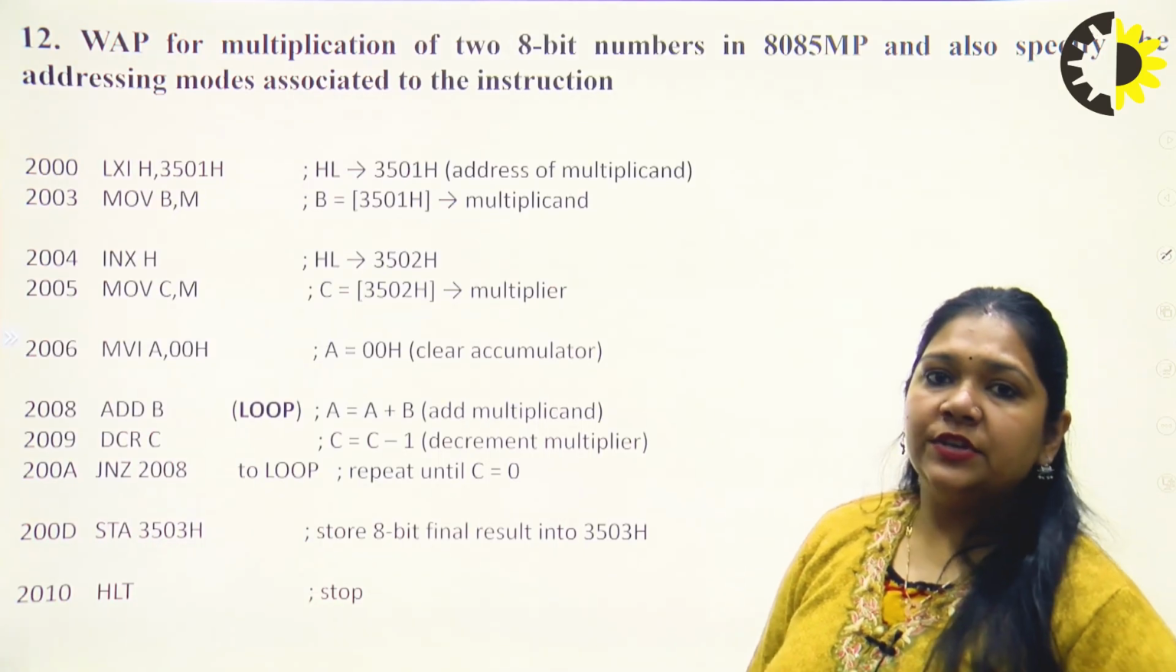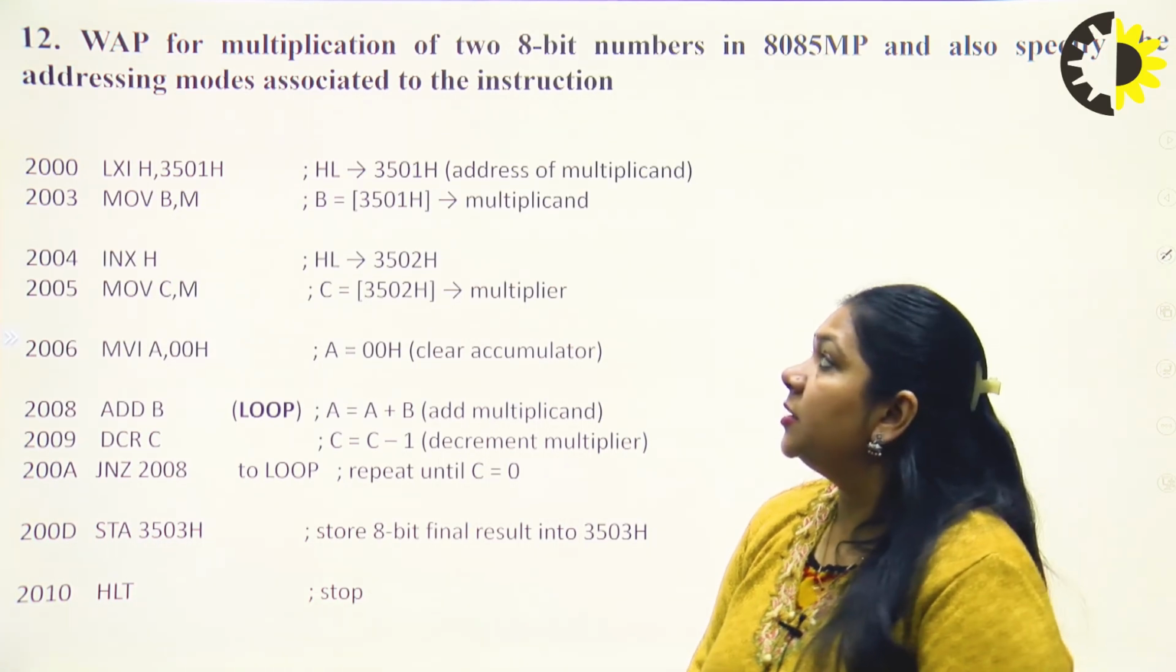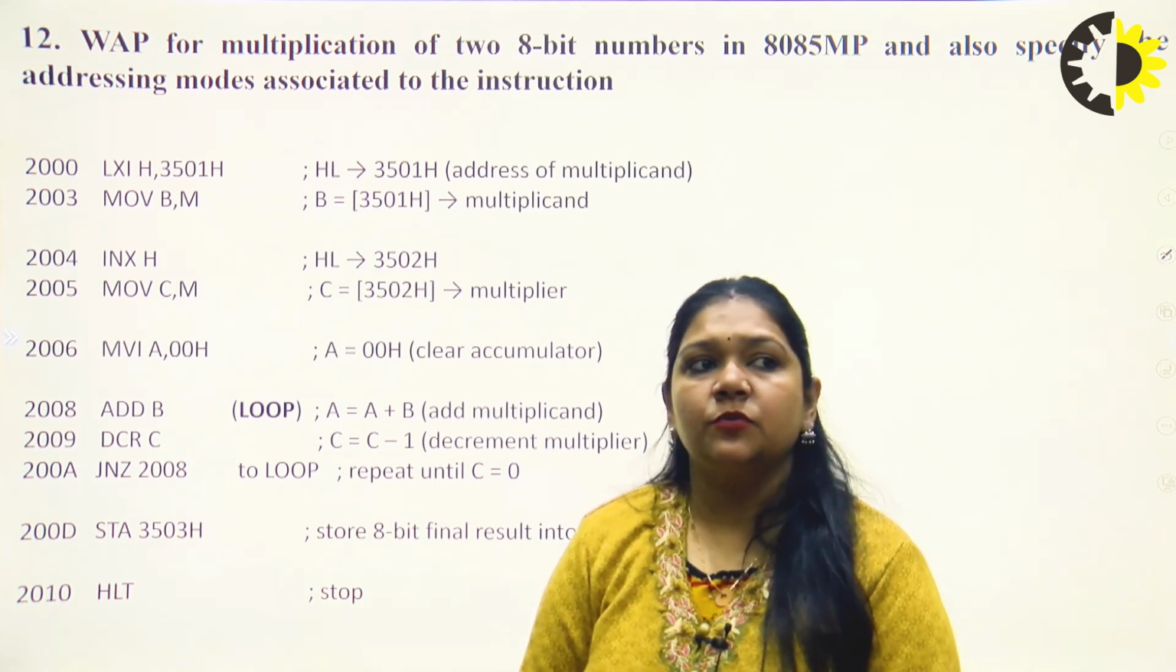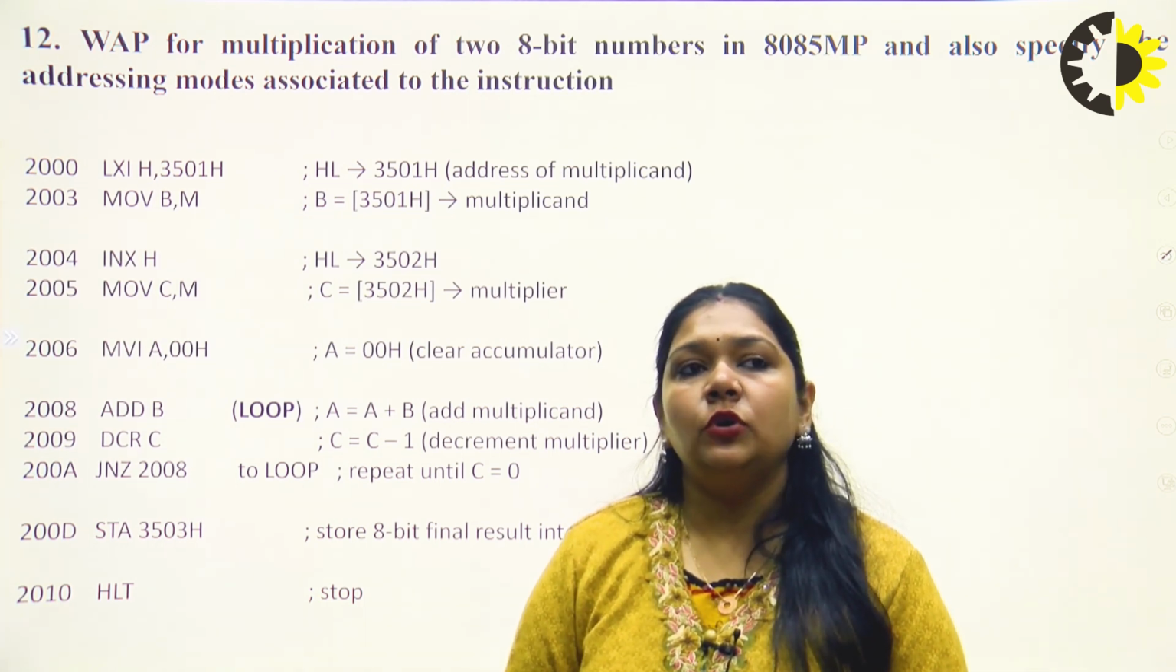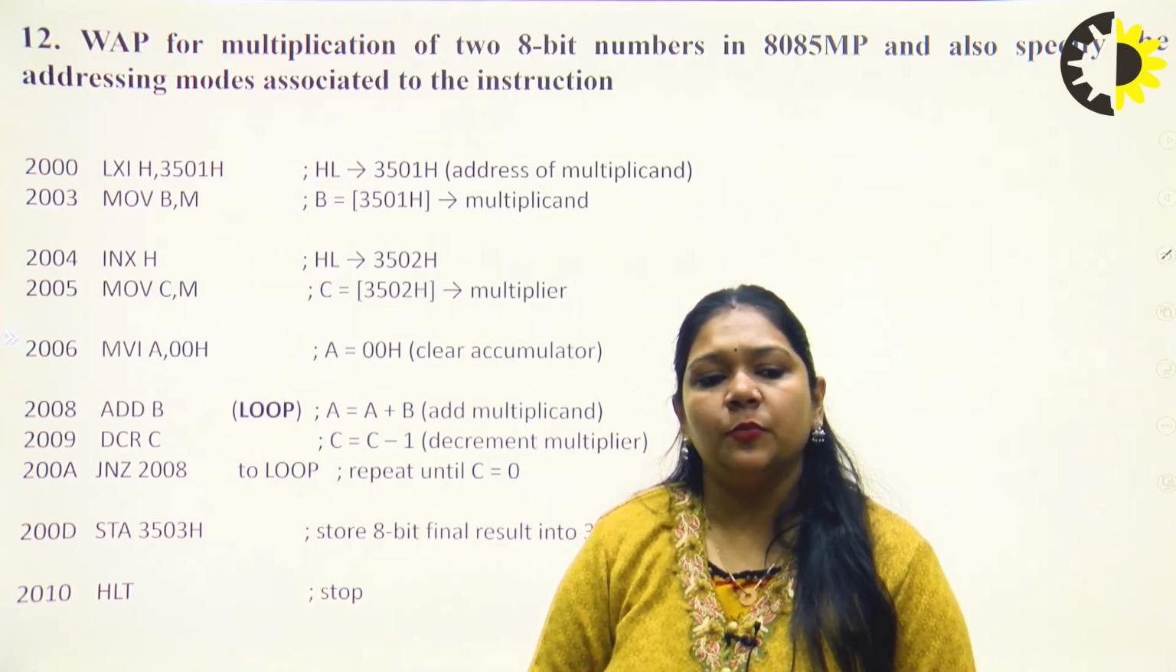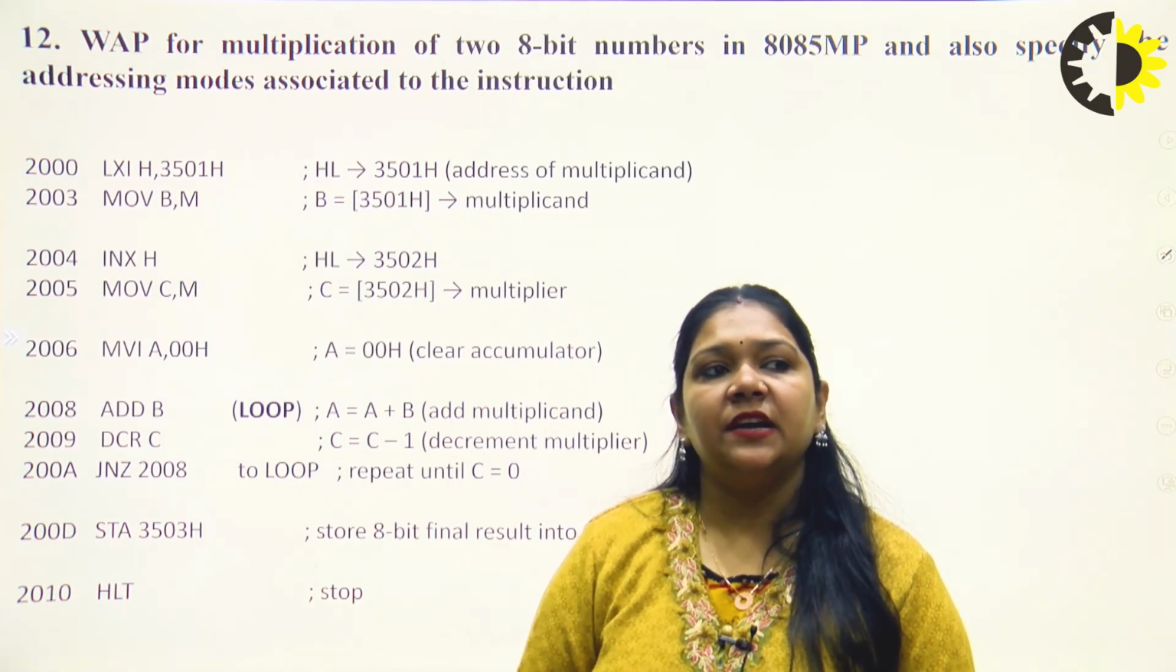And this is the last question. Question number 12, the programming part. Write an assembly language program for multiplication of 2 8-bit numbers in 8085 microprocessor, and also specify the addressing modes